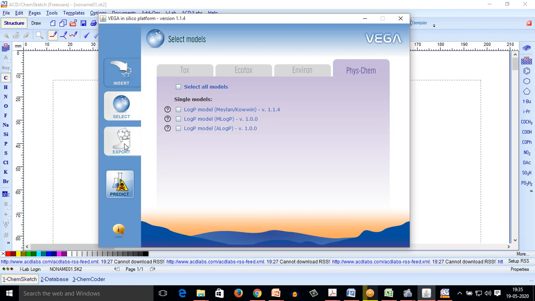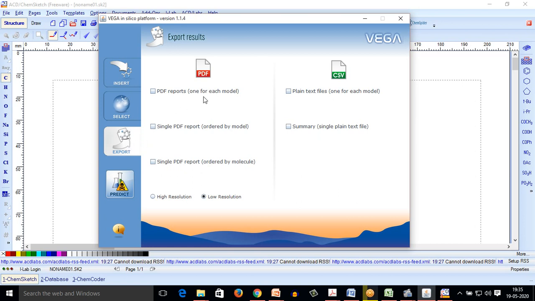Coming to the third section, that is export. Here we can see that the results can be exported in a PDF format, which may include an individual model in a PDF, or it may also include all the models in a single PDF report. The resolution can also be set as high or low as per the requirement.